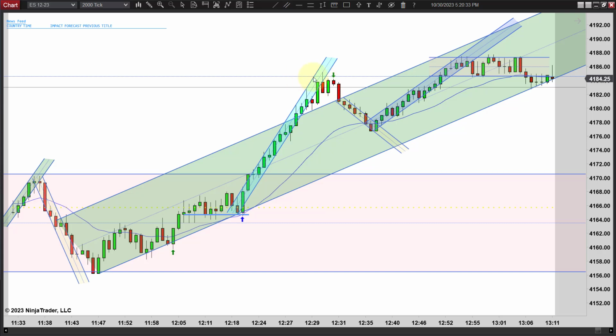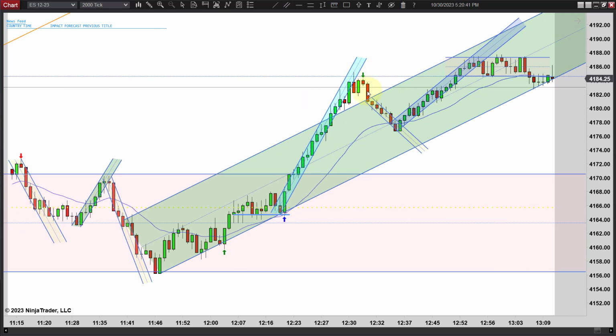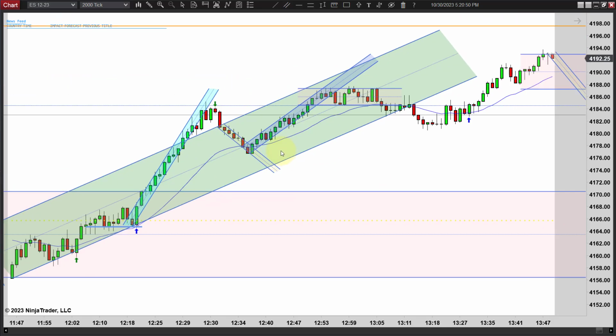And notice that where it turned down, right at a perfect measured move from the width of this range. So that's where you would expect it to turn down. And it ends up moving down pretty quickly. Although it finds support here, bounces and goes higher. I don't really see anything there that I would want to trade. And then we're chopping sideways again. You get a little breakout. This is all too congested. Drops again, same thing, too congested.